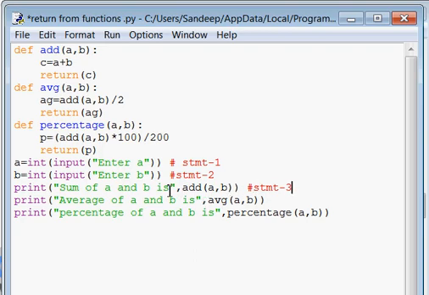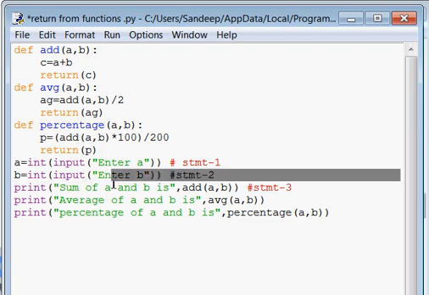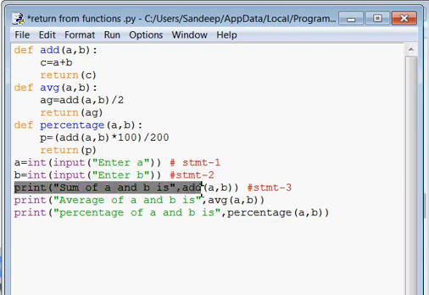In this statement, this is a print statement, and in this print statement I have given a function calling statement. This area that I have selected is the function calling statement of the add function.